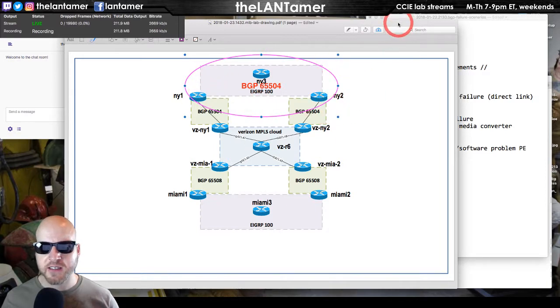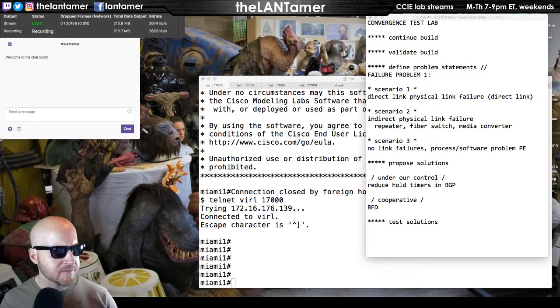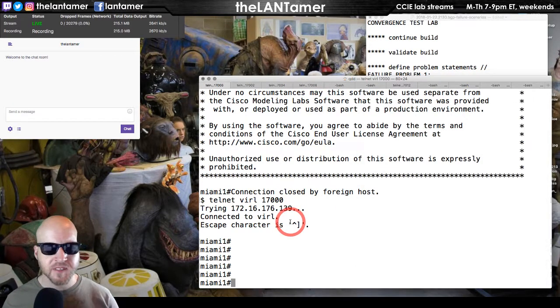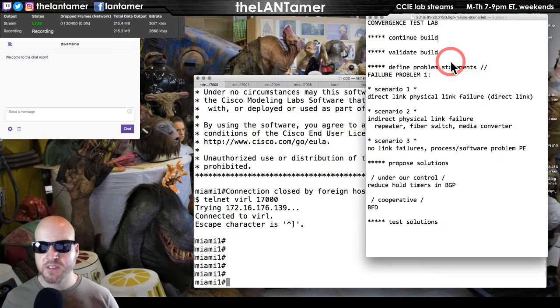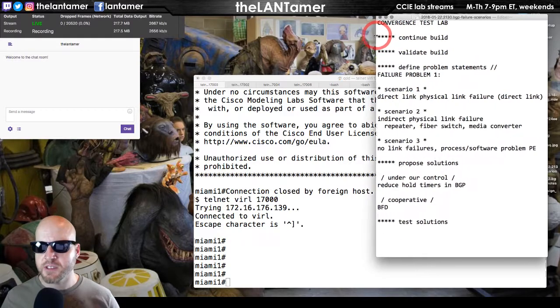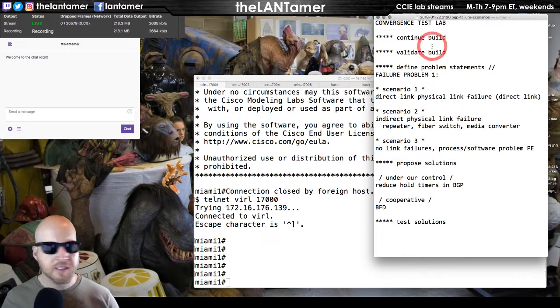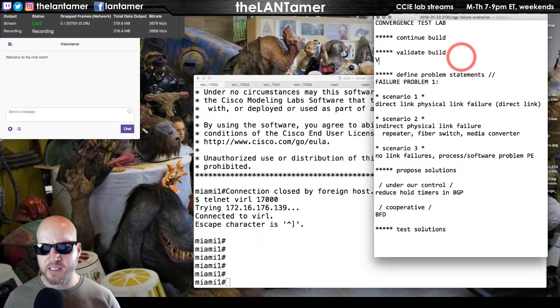Okay, so let's just check that. And I've created a bunch of loopbacks here and here, of course, kind of arbitrary loopbacks. I put an aggregate route in there. So let's just make sure that that is running. That's where we're at now. So let's back up even a little bit farther than that. We need to continue this build of this topology, and then we need to validate the build. We need to validate